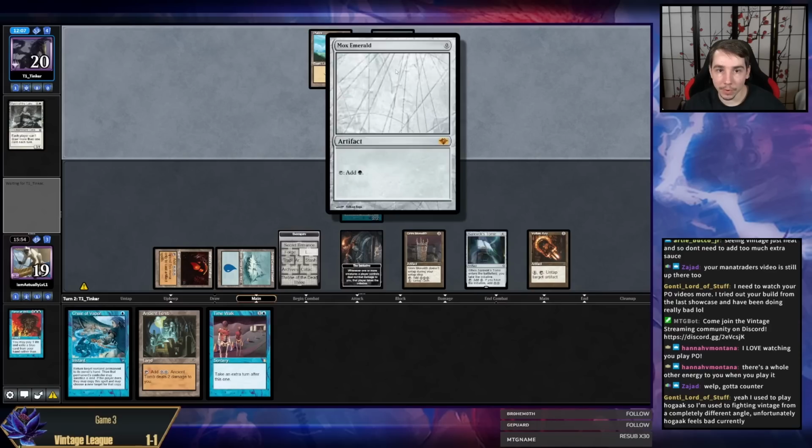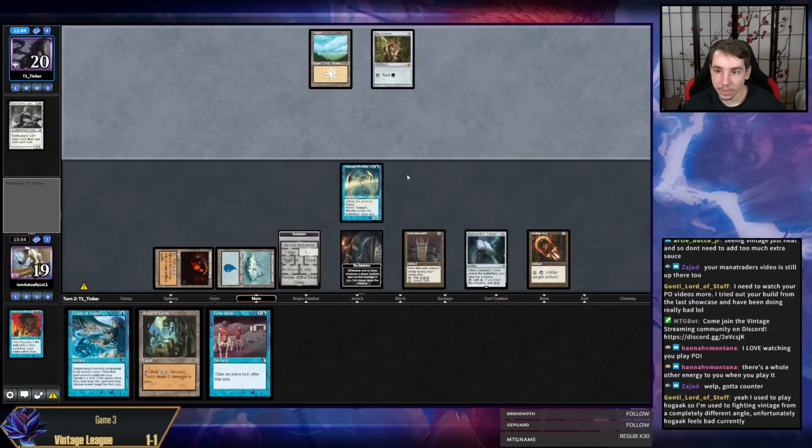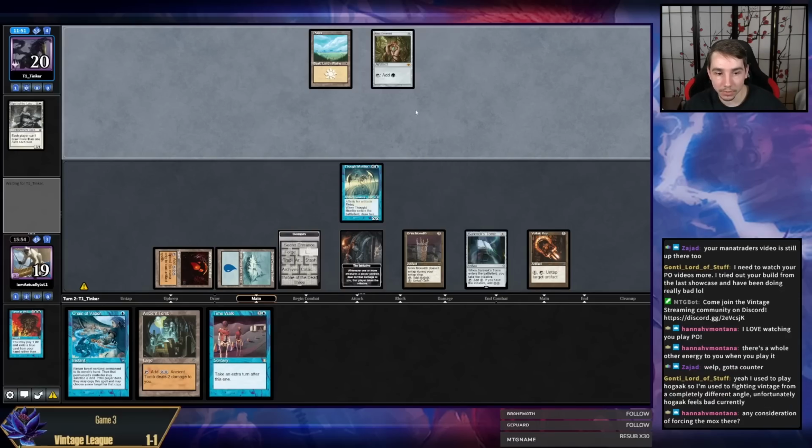Alright, well, let's see what our opponent dropped on us. They did mulligan quite a lot in this game. They mulligan down to 5. I really wish I didn't have to counter Spirit of the Labyrinth. If I didn't have a Thought Monitor in my hand, there's no chance I would have countered Spirit of the Labyrinth, but...